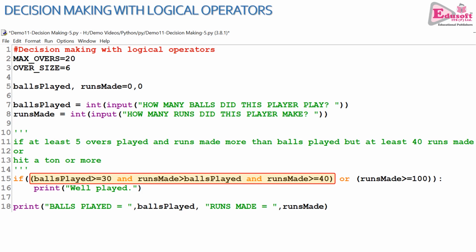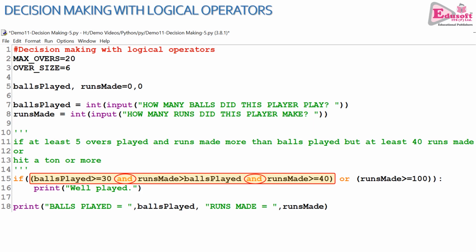This is one condition. The other condition is, irrespective of any other thing, any number of balls played or whatsoever, the player has hit a century or more. So see how we have checked this. This condition is a compound condition combined with two AND operators. Notice the AND operators and see how the brackets have been placed so that these three conditions are evaluated together. All these three conditions have to be true because the AND operator is being used, and of course that is the requirement of the program.